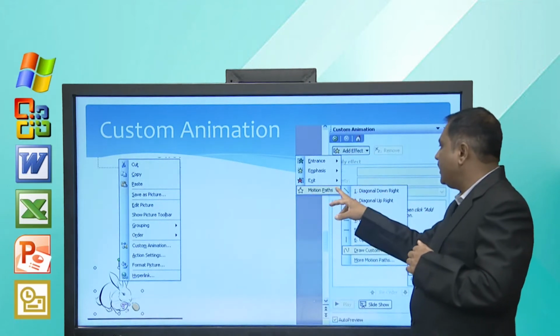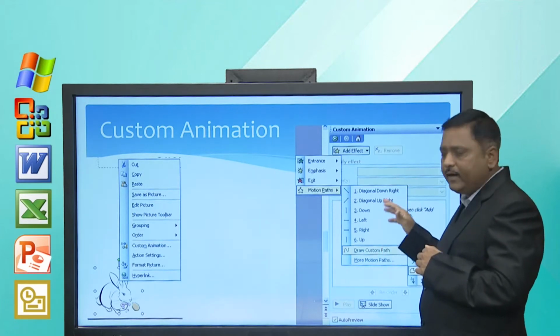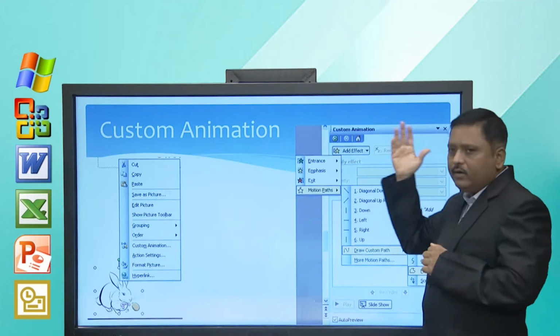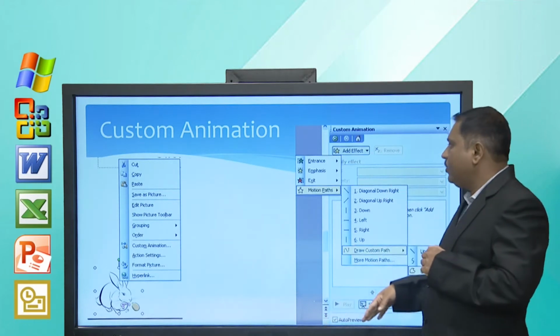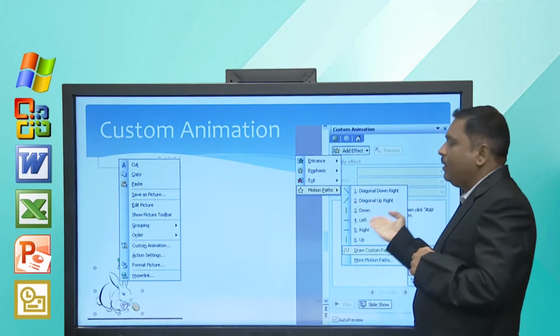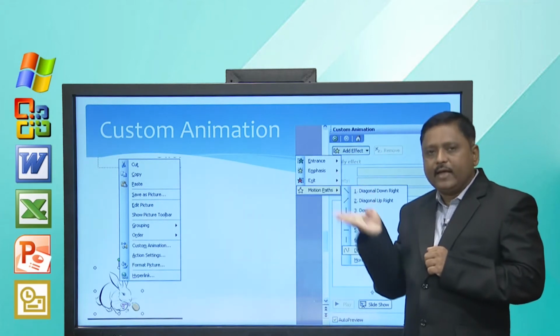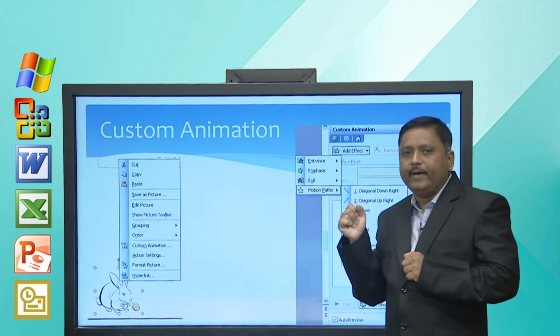From motion path we have different kinds of movement, diagonal downward, if you want to move the object diagonally from top to bottom, then diagonal upright, whatever direction there is, in that way the object will move on the slide.